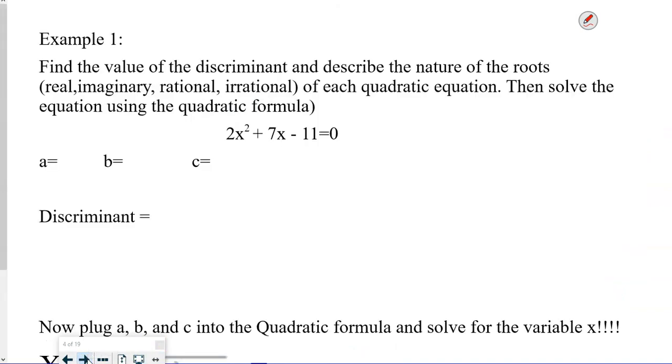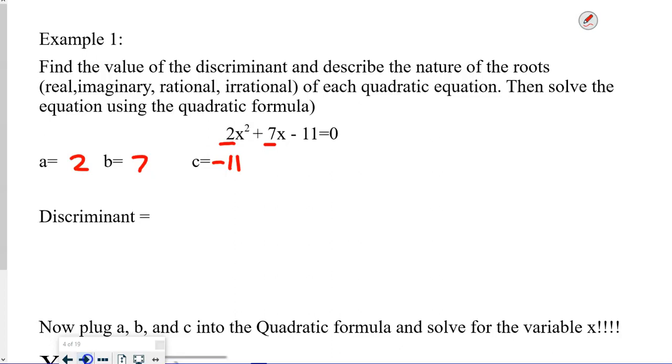So now we're going to work a problem. We're going to find the value of the discriminant, and then we're going to describe what the roots are, whether they're real, imaginary, rational, or irrational, for each of the quadratic equations. Then we're going to solve the equation using the quadratic formula. So the first thing we've got to do is pull a, b, and c. So a is attached to the x squared, so that's going to be 2. B is attached to the x, so that's going to be 7. And then our constant is always going to be